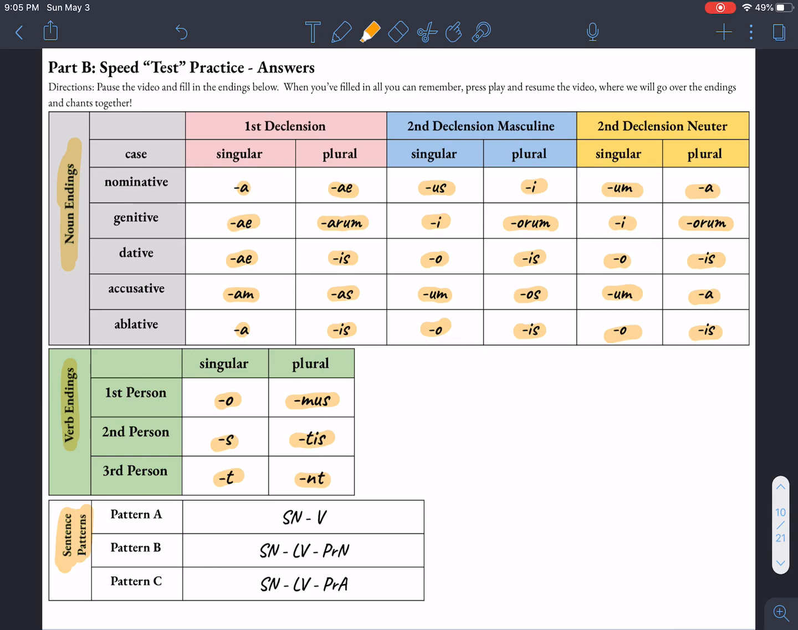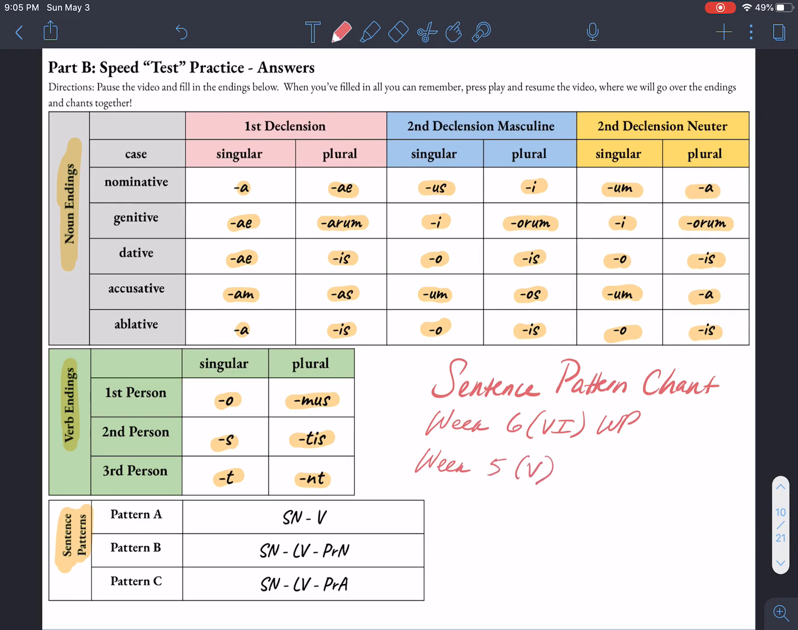If you need to go back and look at the lyrics for the sentence pattern chant, you can go back to last week's notes, that was your week 6 packet. I'll write it down so you see it. The sentence pattern chant can be found in the week 6, that's VI, work packet. It can also be found in the week 5, that's V, work packet. So you can find the lyrics for that in these 2